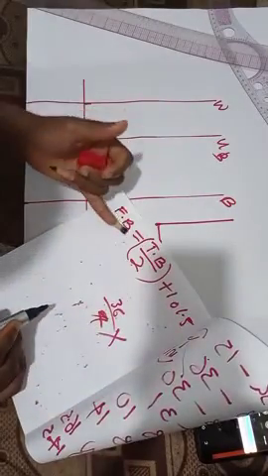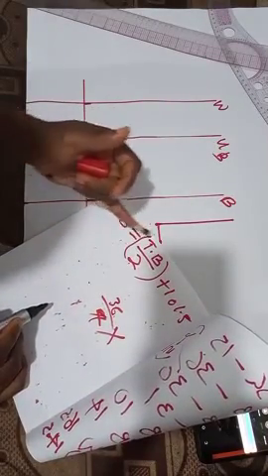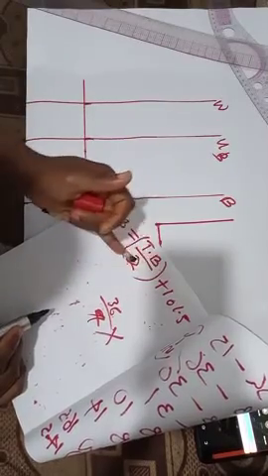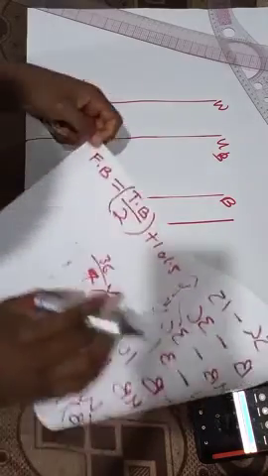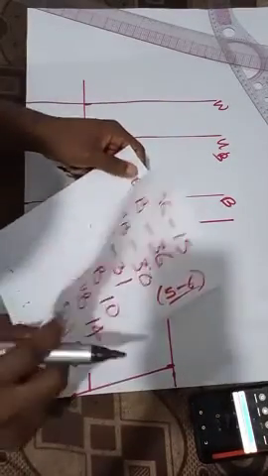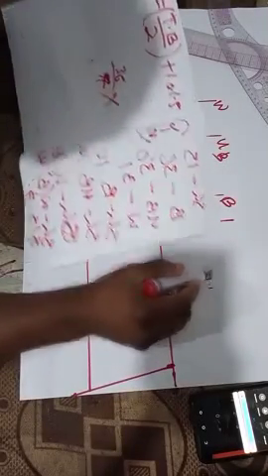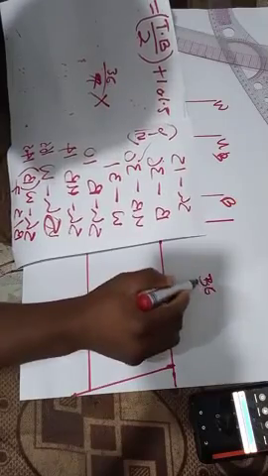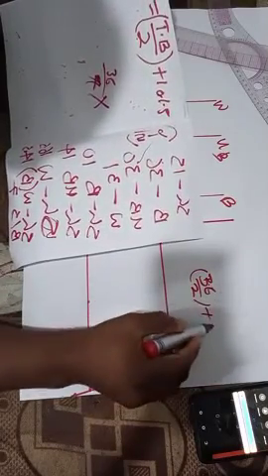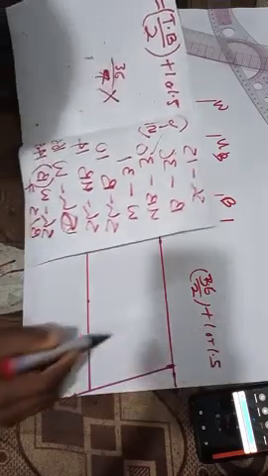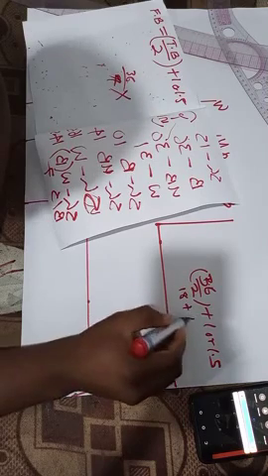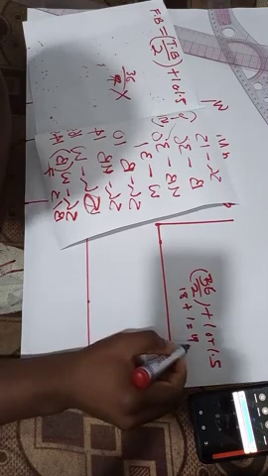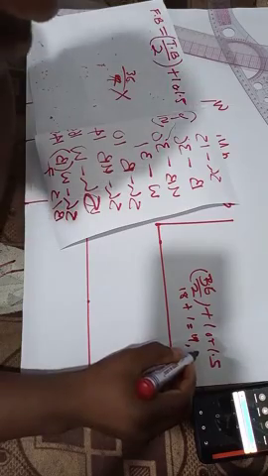It says that the front bust of a lady, that is FB, is equal to the person's total bust all over 2 plus 1 or 1.5, right? So using that for this person here, what will be her front bust? Her front bust is going to be total bust, which is TB. In this case, total bust is 36 all over 2 plus 1 or 1.5. Now 36 divided by 2 will give us 18, plus 1 is equal to 19, or if we are going with plus 1.5, it will give us